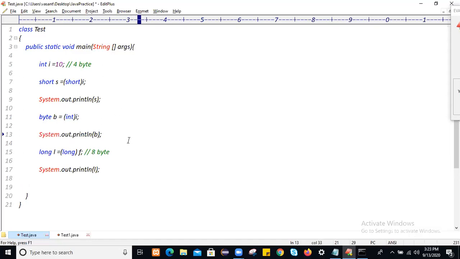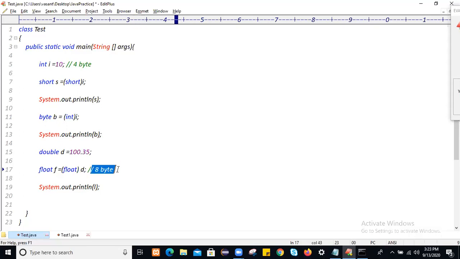Similarly, if you have a double, say 100.25, and you want to convert this double value into float, how to convert? Just use the data type you are going to convert into.